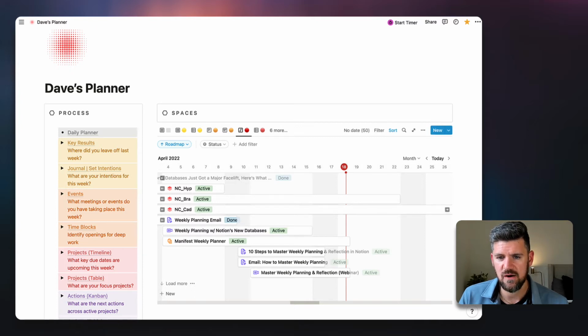And then if we look at how it's sorted, it's really just sorted by the projects that are ascending by due date. So later due date is lower on the screen, and then also it's filtered to active.